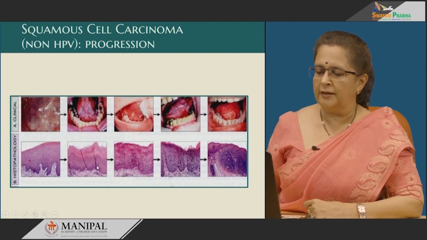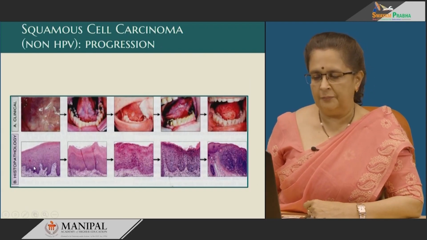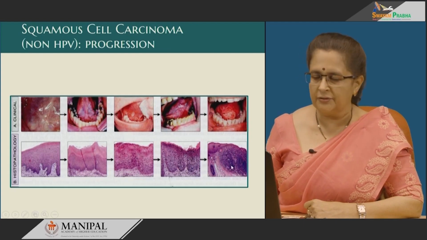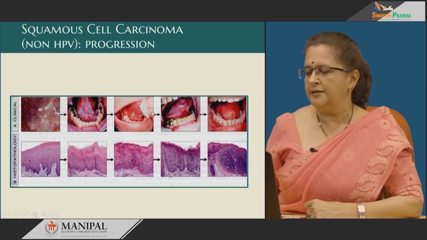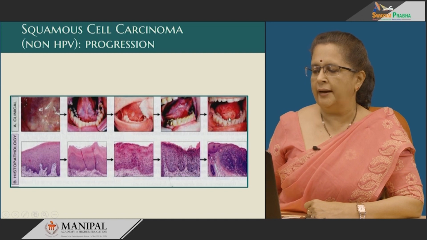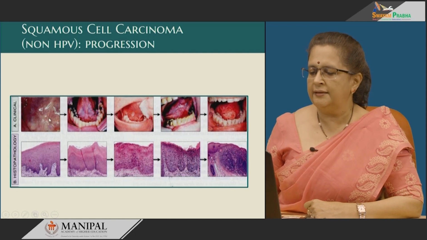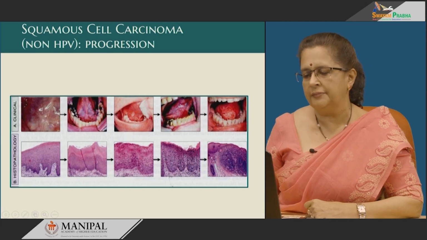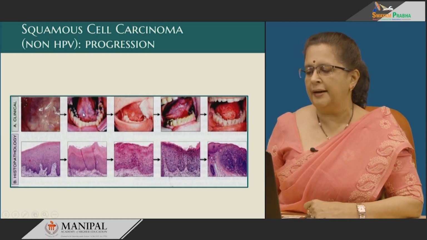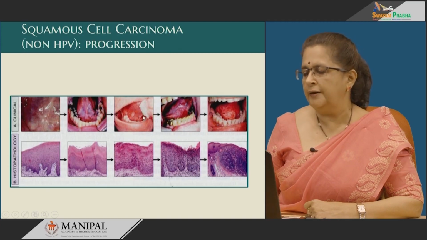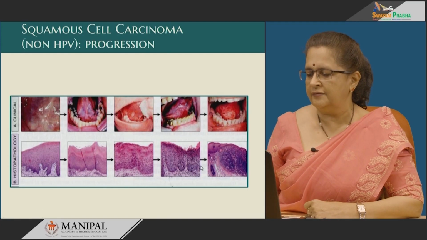So, this is the progression from hyperplasia to mild dysplasia to moderate dysplasia, severe dysplasia and carcinoma in situ, and finally to invasive malignancy. Likewise, the gross picture also. Here it has protruded and ulcerated. There is a gross exophytic lesion which has ulcerated. In these, initially you may not even be able to see it. Later on there is just mild leukoplakia. Then the leukoplakia progresses to an invasive malignancy.